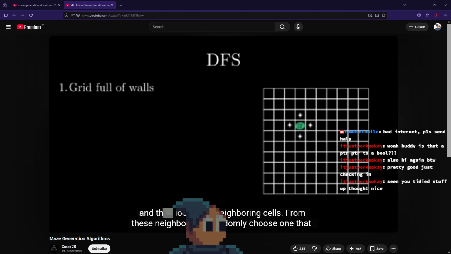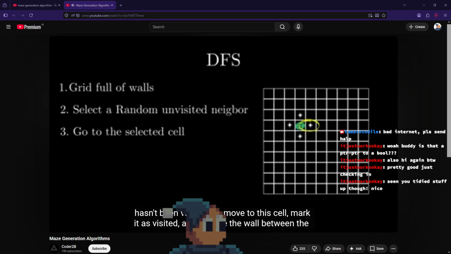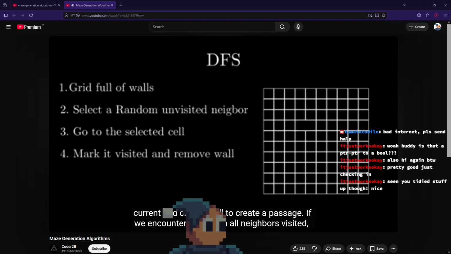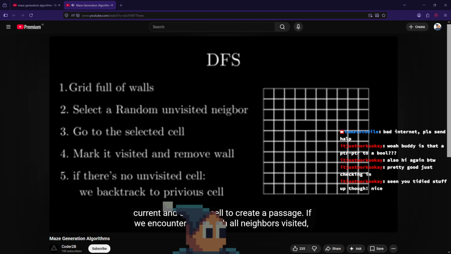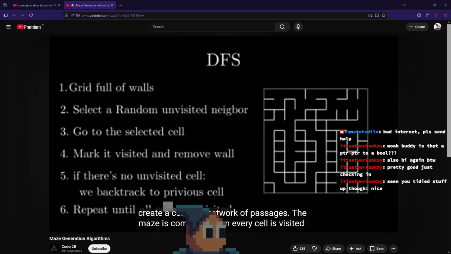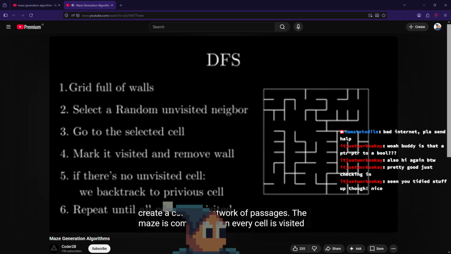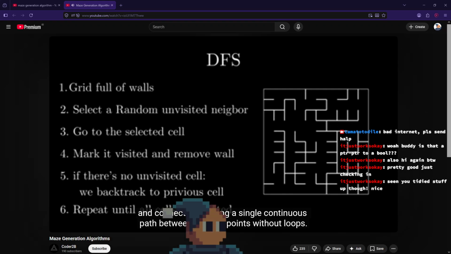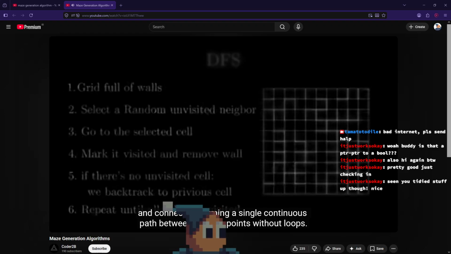From these neighbors, we randomly choose one that hasn't been visited yet, move to that cell, mark it as visited, and remove the wall between the current and chosen cell to create a passage. If we encounter a cell with all neighbors visited, we backtrack to the previous cell and continue the process. This exploration and backtracking create a complex network of passages. The maze is complete when every cell is visited and connected, forming a single continuous path between any 2 points without loops.